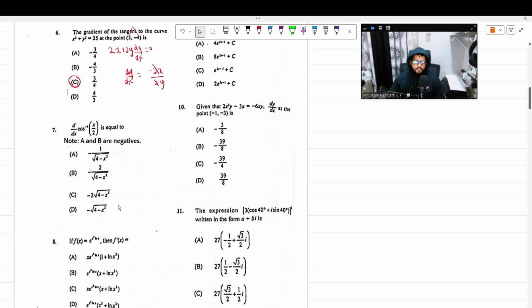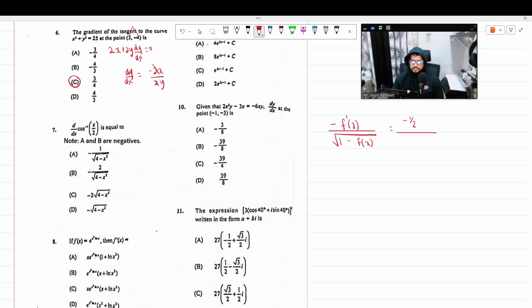The derivative of cos inverse of x on 2 is equal to... note A and B are negatives. Okay, I don't know where that note comes from. It's probably just part of the document. It has nothing to do with the paper itself. When we differentiate cosine inverse, it's going to be minus the derivative of the function over root of 1 minus the function squared. So the function is x on 2. When I differentiate that, I'll get minus 1/2